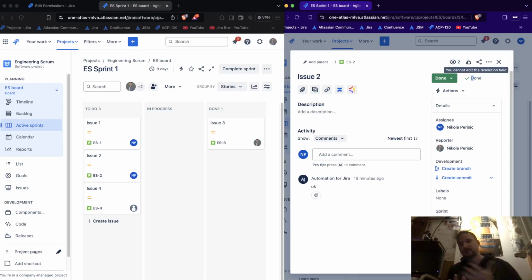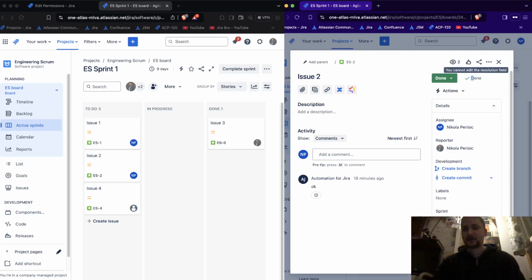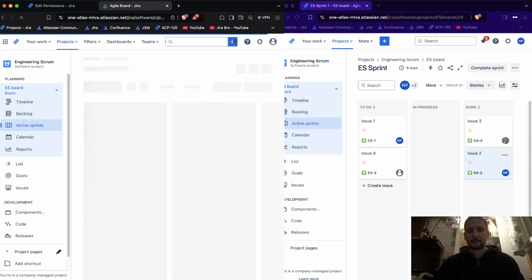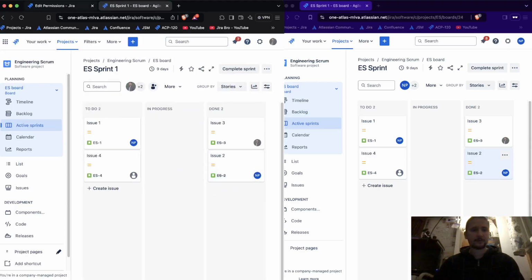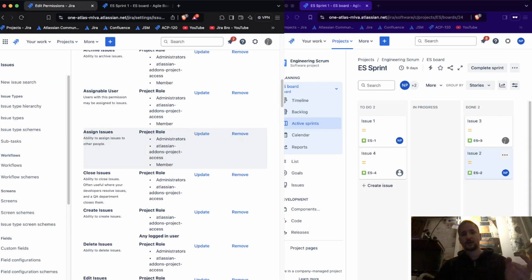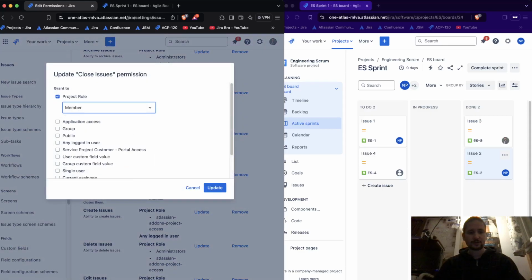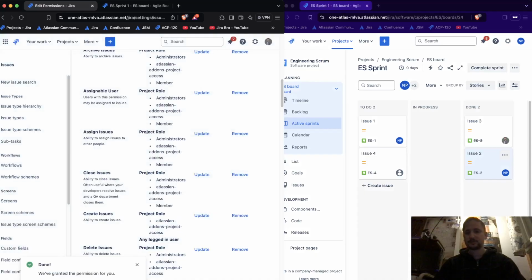Okay, it's skipping that part where I need to choose the resolution. That's the thing. And I can see now it's going to be like this. So now if I update the permission, and I say the project role is going to be applied to the member as well,